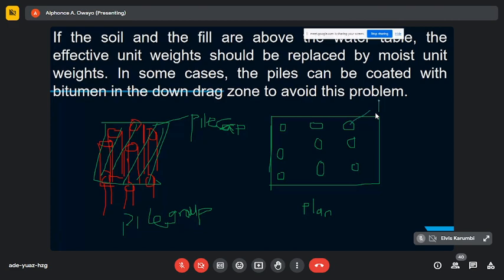This is the pile, and we are talking about a pile group. If the capacity of each pile is, say, 1,000 kilonewtons, theoretically, in theory, the theoretical capacity